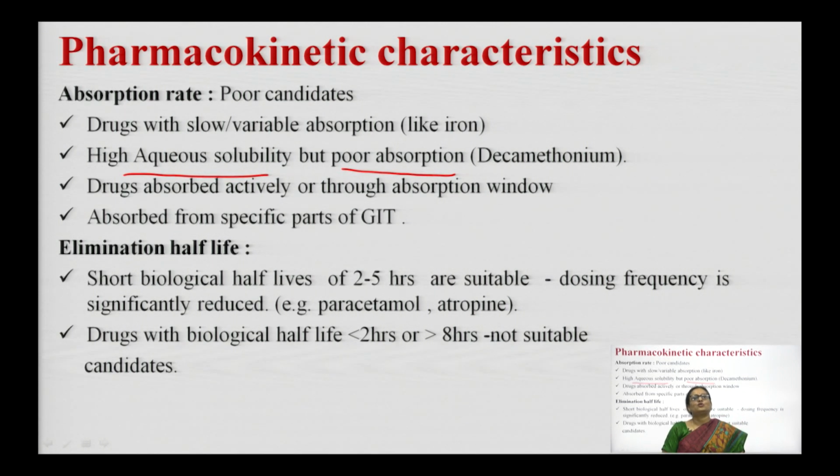When such a drug is to be formulated as controlled drug delivery systems, the number of doses to be incorporated would be too large and the system would be bulkier. Hence, such drugs will not constitute an ideal candidate for formulating controlled drug delivery systems. Thus, drugs with a biological half-life or elimination half-life in the range of 2 to 5 hours are most suitable because they will lead to reduced dosing frequency and increased patient compliance as is desired out of these formulations.